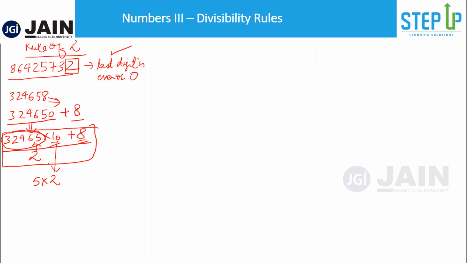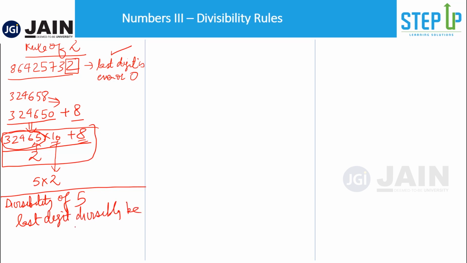Now you also know that 10 is made up of 5 and 2. That means the rule that we apply for 2, you can apply the same rule for 5 also. If you have to check divisibility by 5, you can say the last digit is divisible by 5, or if it's a 0, that is also going to be divisible by 5. So the rule of 2 is very simple, we learnt it, and the rule of 5 we learned from the same thing.